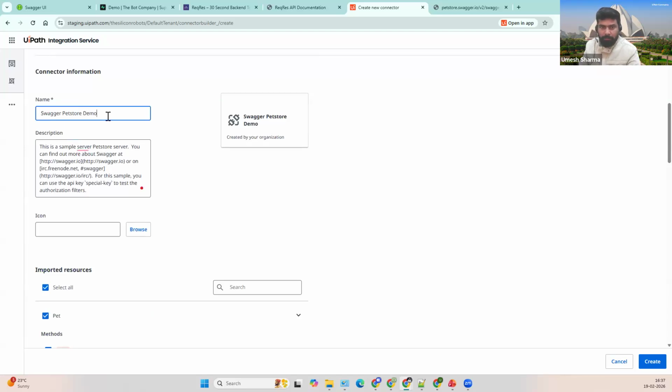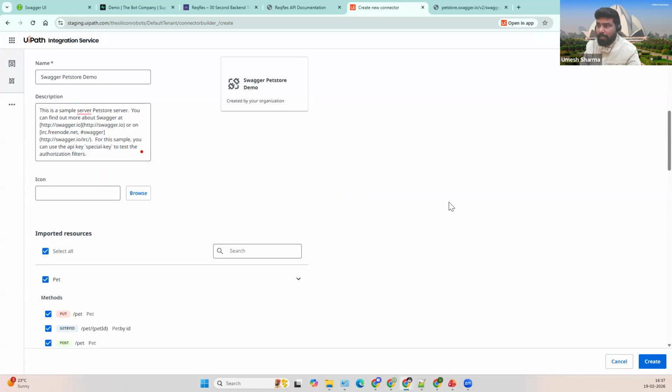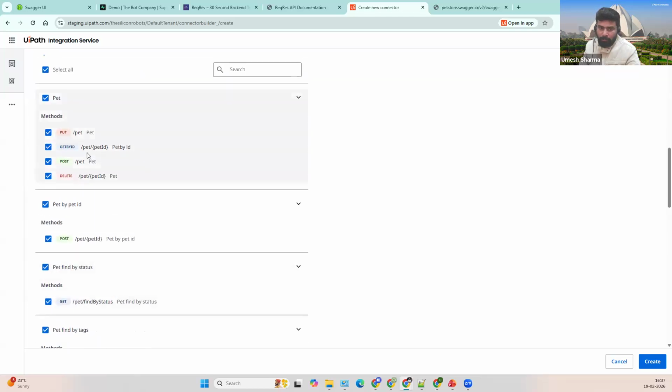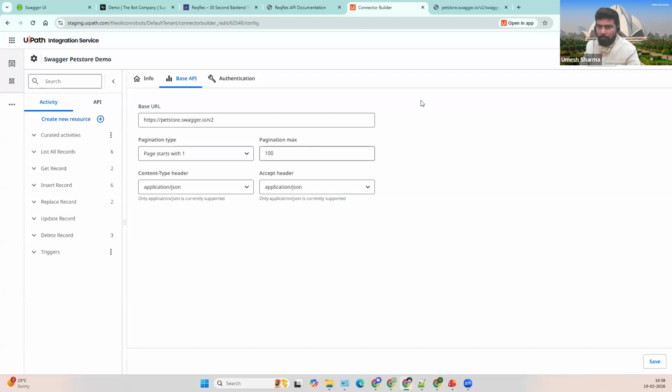So I'll just rename it, and the details that you see here are coming from the default values that we have in the Swagger JSON file, and you can unselect or select based on your requirements, so that you're not exposing all the endpoints which are not used, which might require elevated permissions. You can skip that, and once you create it, it will create a project for you